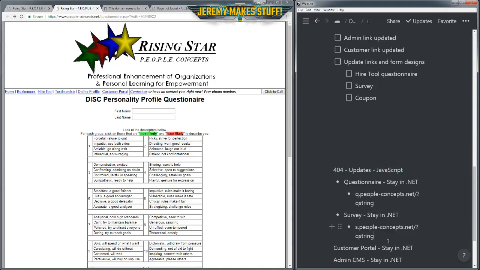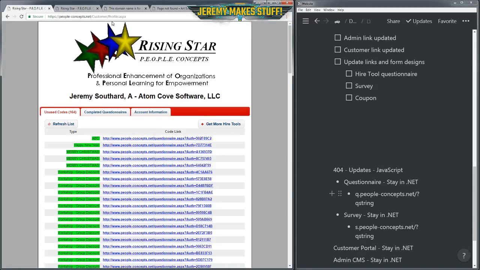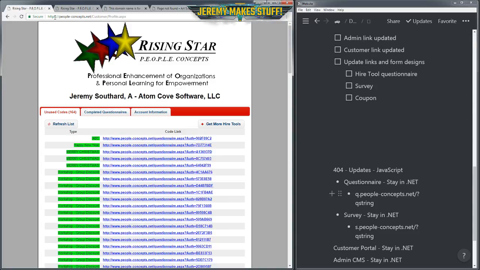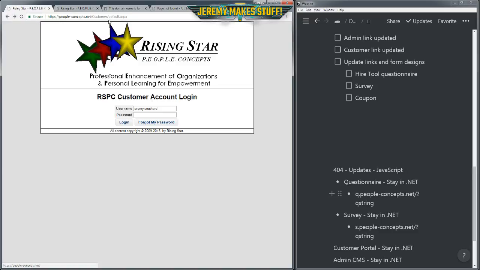So next, the customer portal. Right now, there's a link on the home page that says customer portal, and it goes to the login page, which is /customer. And Ken asks, have you looked at plugins for redirect in WordPress? They may have an elegant solution already.